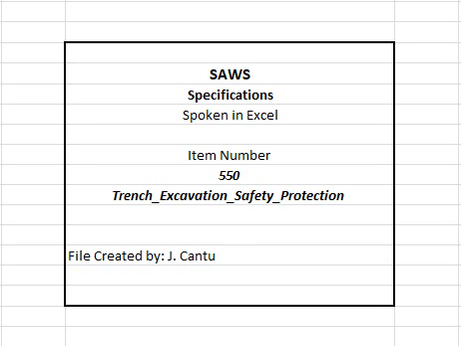550.4 Construction. Trench excavation safety protection shall be accomplished as required by the latest provision of Part 1926, Subpart P, Excavations, Trenching, and Shoring of the OSHA Standards and Interpretations, or the most approved equal provision. 1. A trench shall be defined as a narrow excavation made below the surface of the ground or pavement. In general, the depth is greater than the width, but the width of a trench is not greater than 15